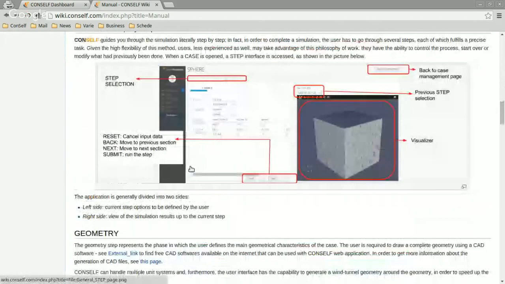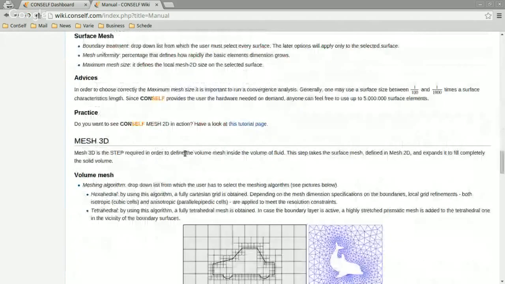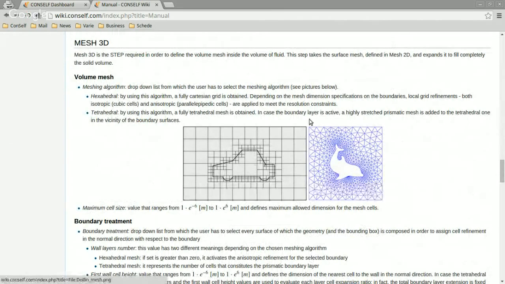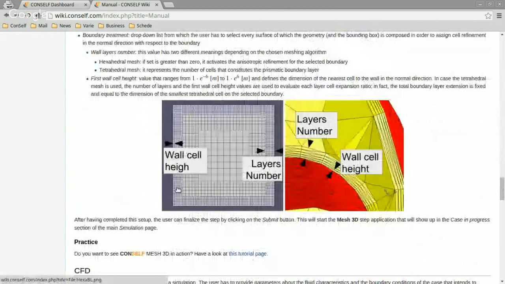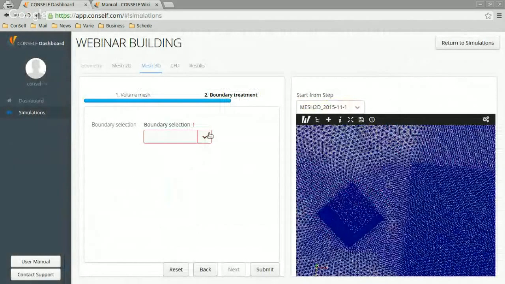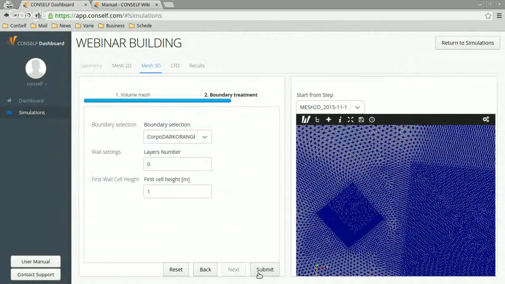And as you can see here, there is the difference between the hexagonal and tetrahedral mesh, as well as the explanation on how boundary layer works. But now, for our case, we don't need boundary layer, so just leave the default values with layer number 0, and that's it. So then click submit, and you will have your volume mesh completed, so we can proceed to